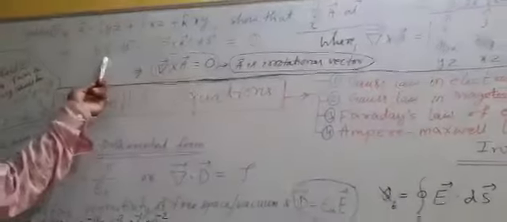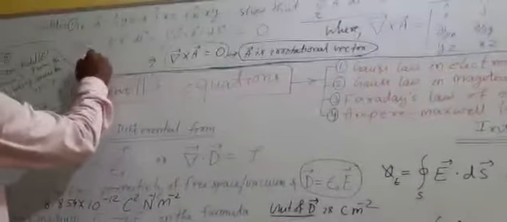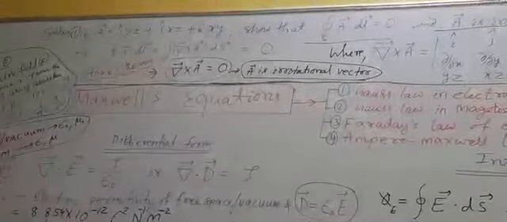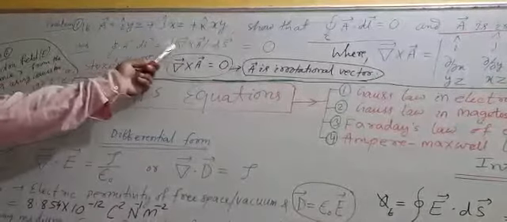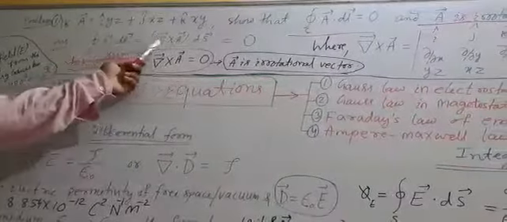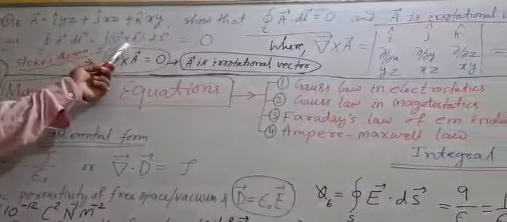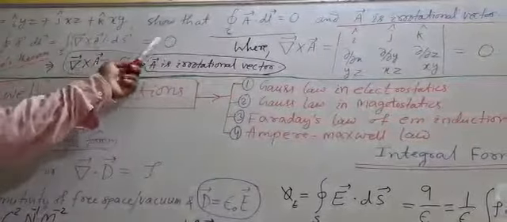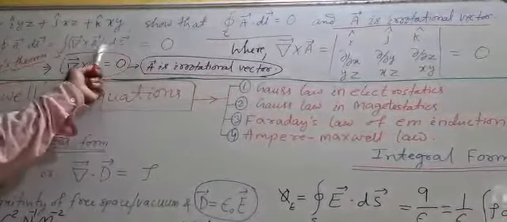So to find the solution, you know the Stokes theorem. Using Stokes theorem, you change the line integral to a surface integral. So your line integral you change to surface integral, and this is equal to 0. You have to prove it is 0.